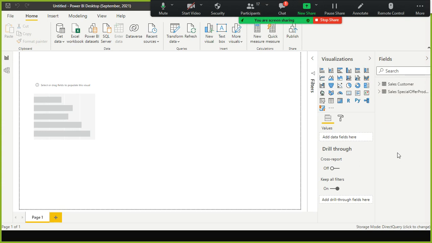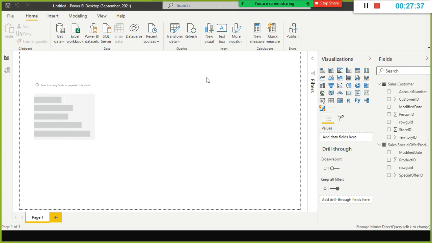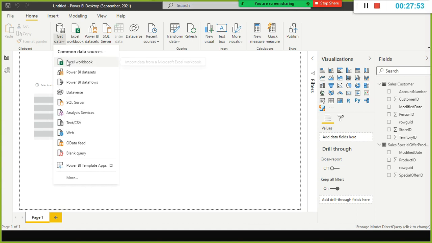And what are the other advantages of direct query and import? The one advantage with the import query is it is in memory. It is a bit faster. But when you make any changes to your Excel file in the Windows system, let's say you are importing an Excel file. You go here and you import an Excel file which is there in your Windows system. Whatever data is there in this Excel file will get loaded over here in the memory.